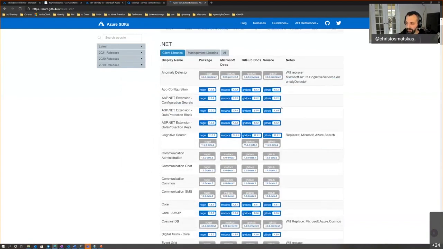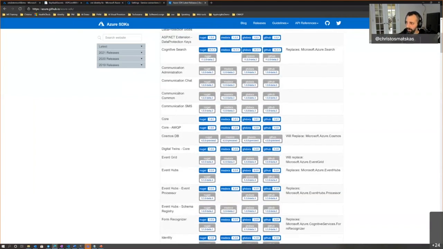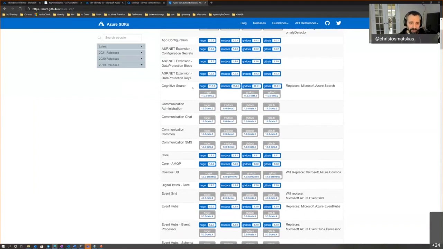The key library here, obviously, is identity. This is the one that manages the authentication component inside your library. And then from there, all the other services that we have, as you can see, we have Cognitive Services. In fact, I did a demo the other day. We stream quite a bit on Twitch. I showed how you can write a .NET Core app that speaks into Cognitive Services using Azure AD to authenticate. As long as you have an Azure AD backed Cognitive Service, because you have to deploy that, you have to have a custom domain. There's a limitation there. You can actually call most of the services using managed identities, which is great.